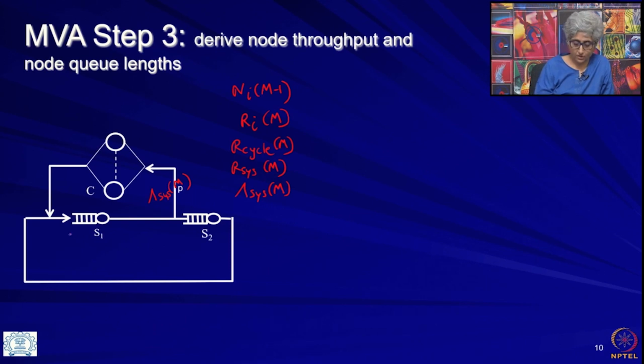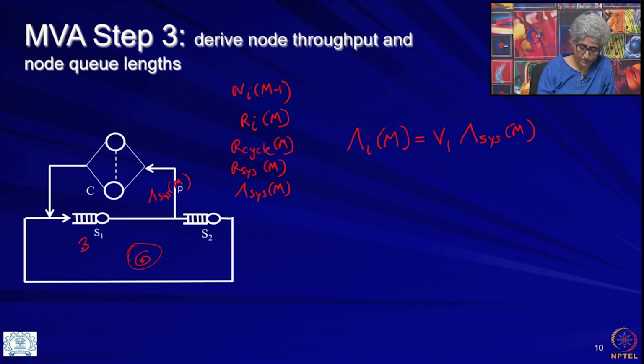Remember that the node throughput, something we had done in open queuing networks also, still applies. The node throughput lambda_i(m) is nothing but the number of visits to that node multiplied by the system throughput. Suppose the circulation in this network is such that there are 3 visits to this web server and 2 visits to this database server. If the system throughput right now is 100 requests per second,